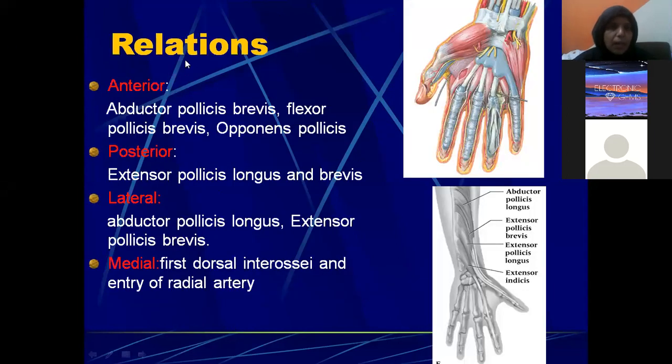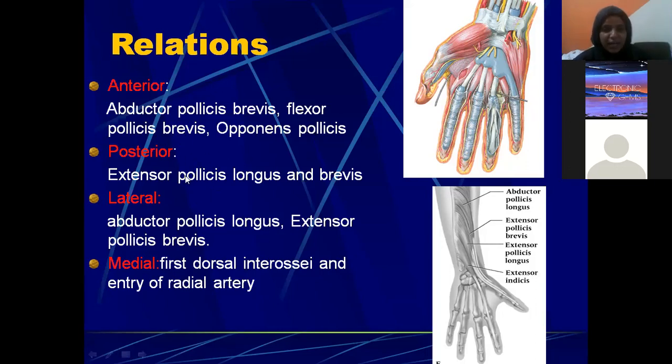Now relations. What are these muscles, beta? Thenar or hypothenar? Thumb, T and T. Thenar group. Beta, Hansraj, can you name these muscles? Abductor pollicis brevis, flexor pollicis brevis and opponens pollicis. Deep to it, there is one more, which one? Adductor. Very good. Oblique head and transverse head. Very good, very good.